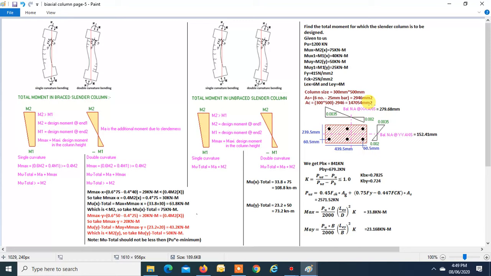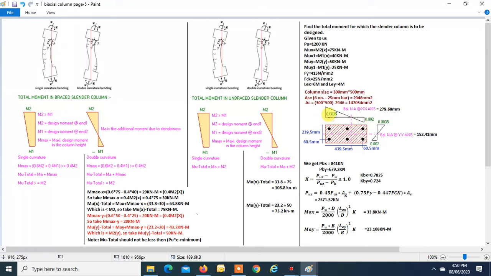Now, first step is to find the balanced xu. And after finding the balanced xu, we have to find the balanced load, right? So we know that at the outermost compressed face, the ultimate strain has to be taken as 0.0035, and at the outermost steel layer, the strain has to be taken as 0.002. And this is our effective depth, and that is 439.5. So solving the triangles, we get the balanced neutral axis about x is equal to